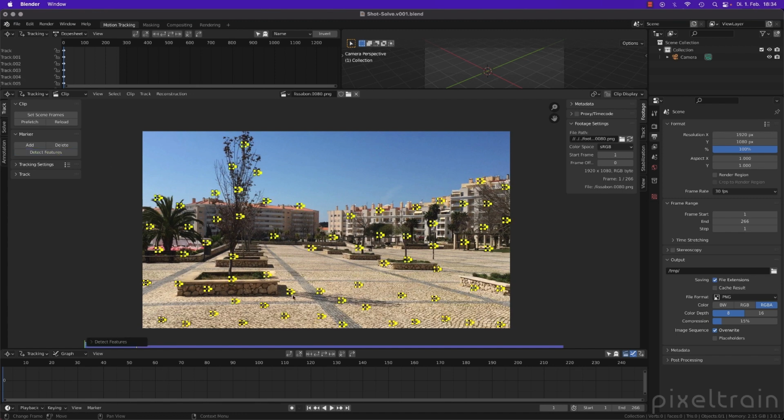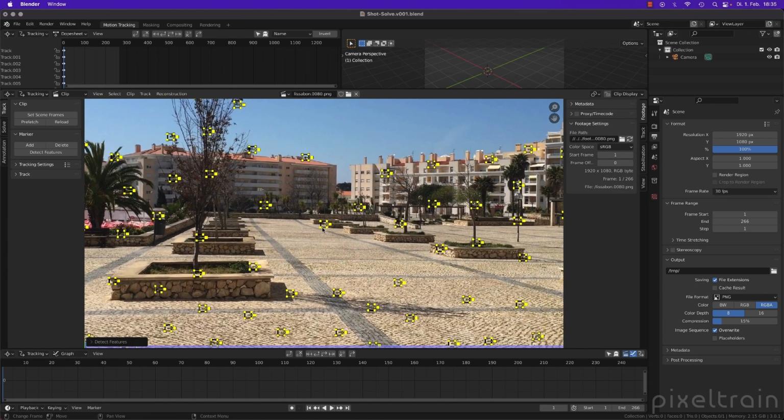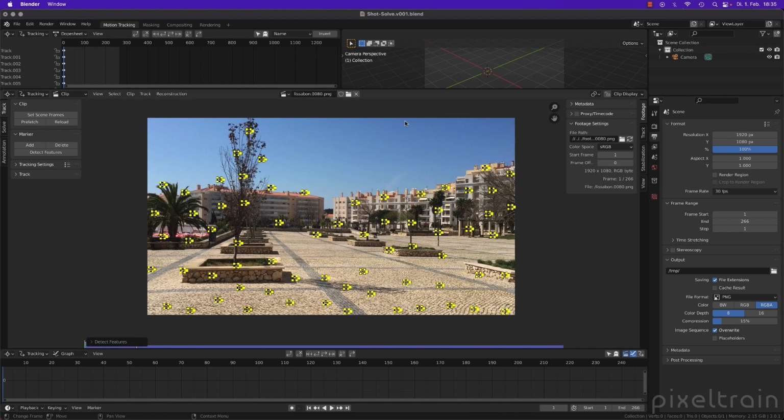In opposite to other solutions like for example SynthEyes or even Fusion's or Nuke's tracking system, these trackers are only placed in a frame. They are not replaced if you are tracking forward and a tracker is lost and disabled. This system doesn't replace them automatically. So this is only a placement help for you. And if you need more trackers in a later frame, you have to do the same thing again. So detect features and so on. So now we can start tracking, but before we do that, I want to talk about how these elements are